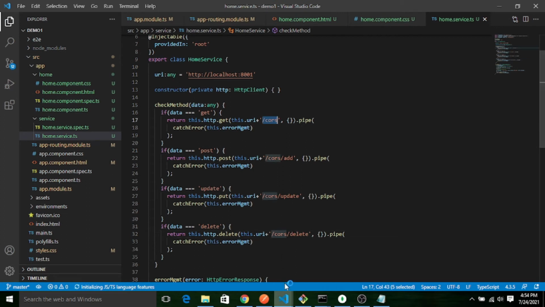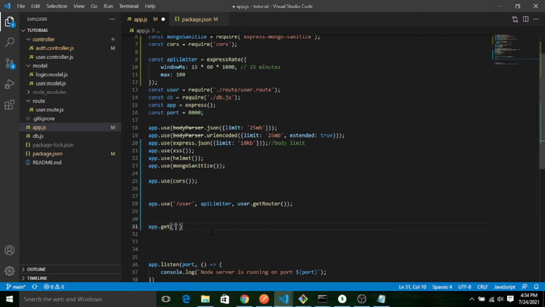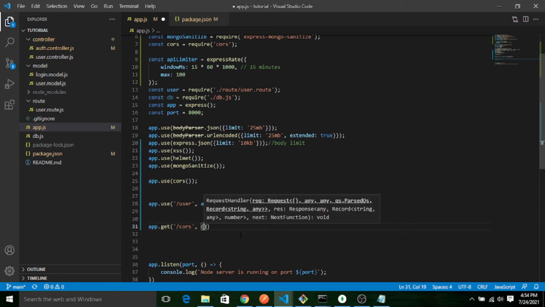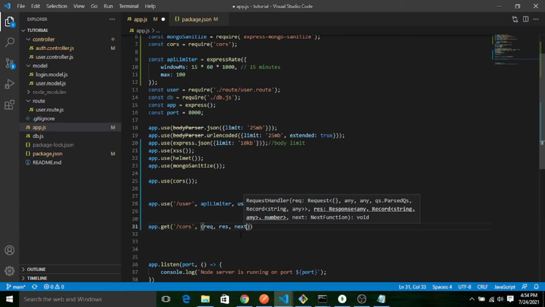This is the route name, so I will declare the same. Request, response, and next.